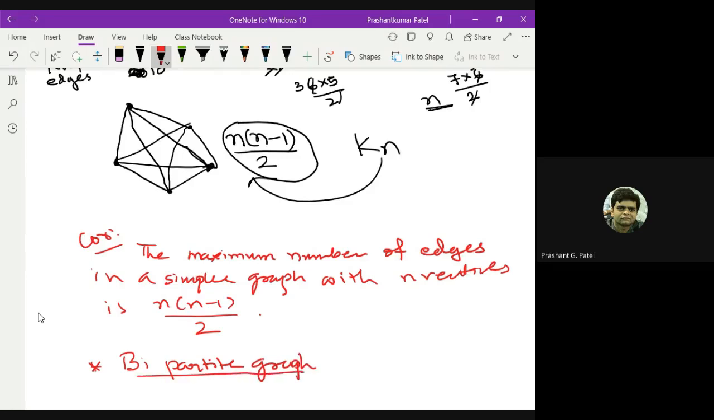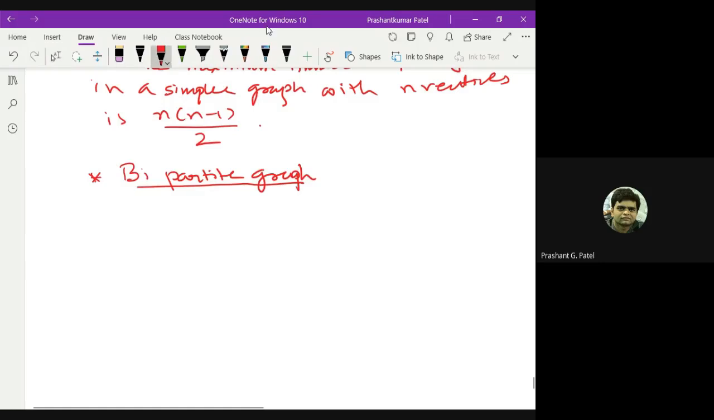Bipartition, partite means it is a partition. So a graph which is bipartite means it is partitioned into two parts. But it is not a partition of the graph, it is a partition of the vertex set. Okay. So if you have a graph G